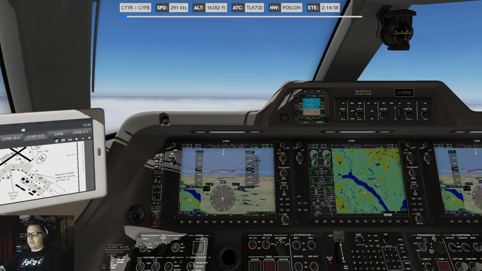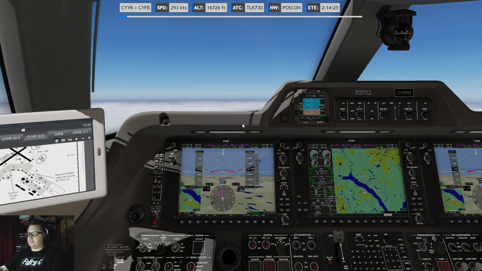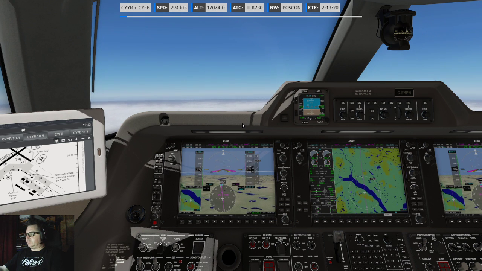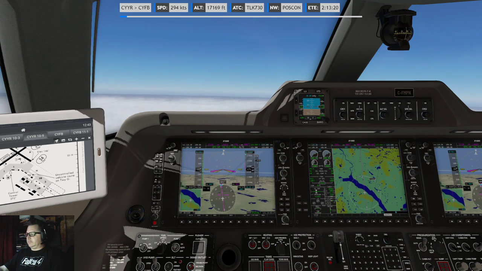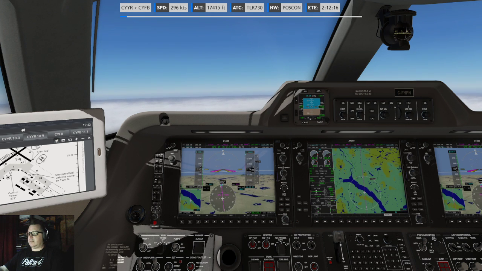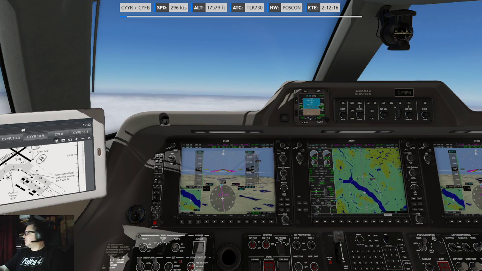Just want to wait till I'm at cruise. Because this is a longish flight. I want to go on the Sky Vector.